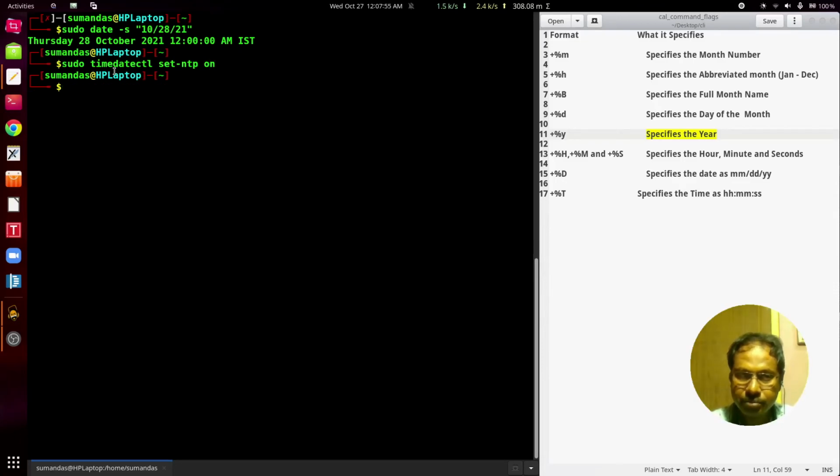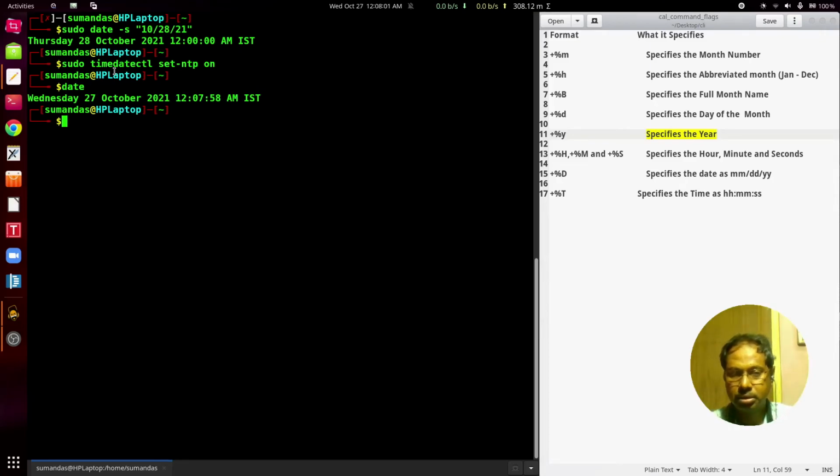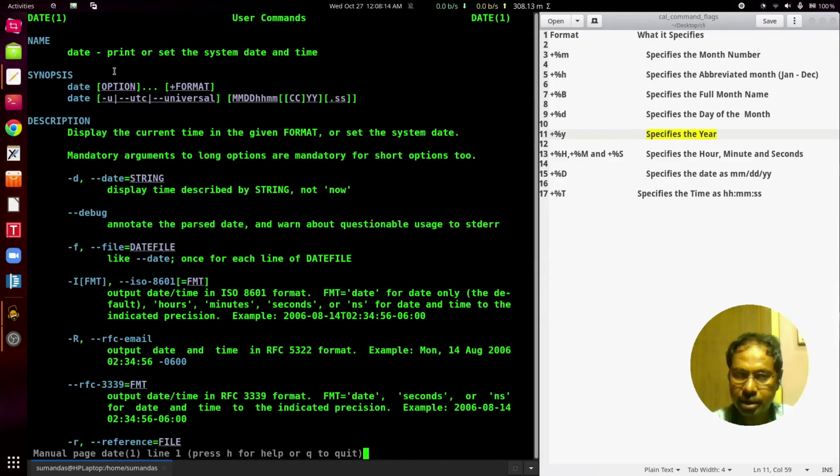Press enter, and here the current system date would be the output.